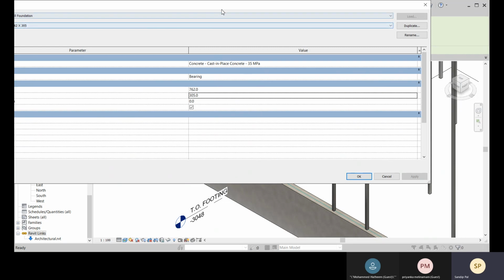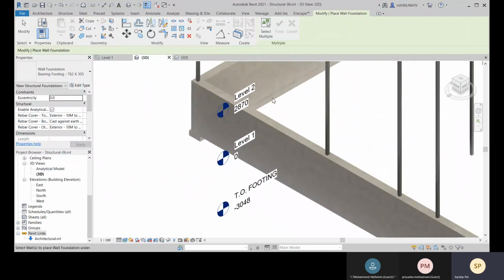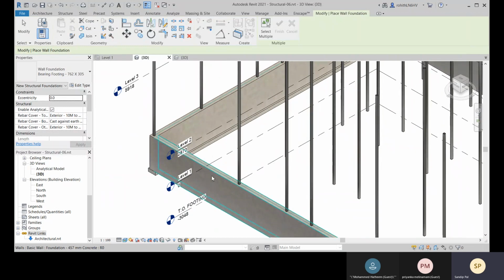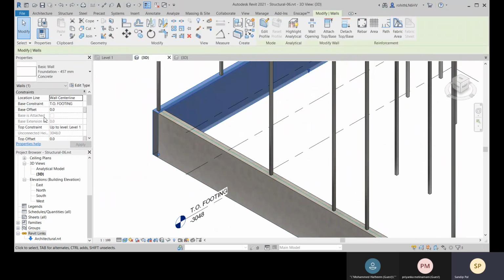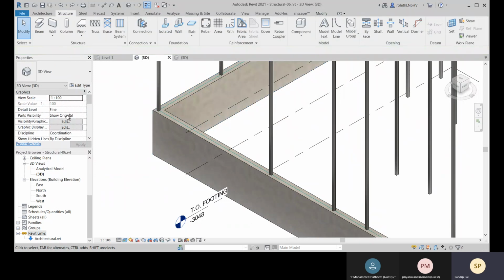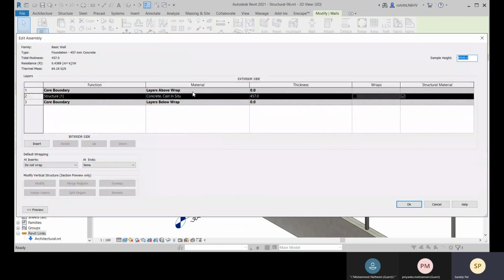And about this material, the structural material, we will match with this wall foundation, right? I don't remember right now, so let me check what is the material for this. Sorry, I have selected this and it is placed right now, so let me just undo it, and let me check it now. This is the material right now, concrete cast in situ.